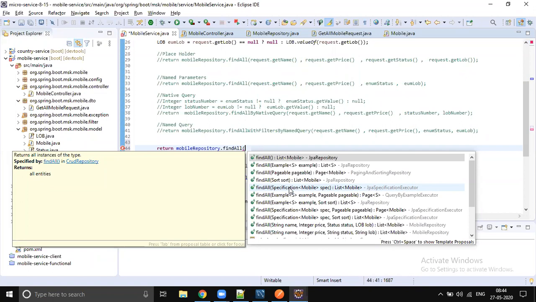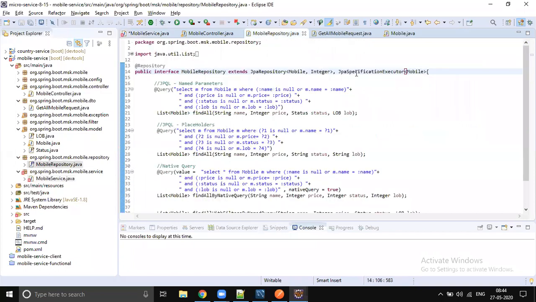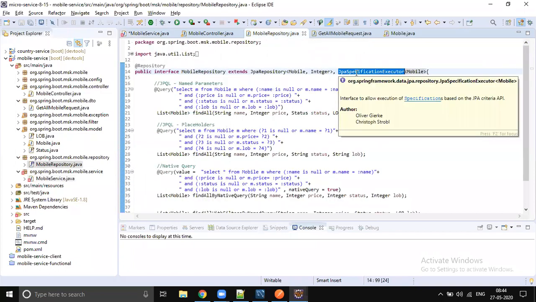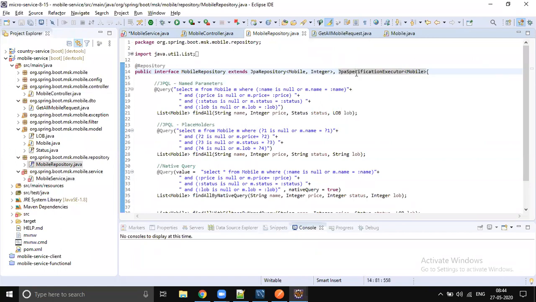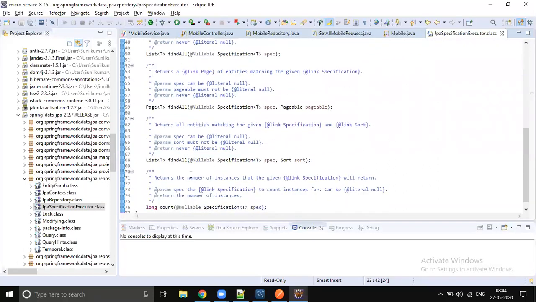So you need to create an object for the specification, and you need to pass the specification you want to apply. So this method is going to be available when we extend from JpaSpecificationExecutor. Let's open this to see that findAll with specification, right?